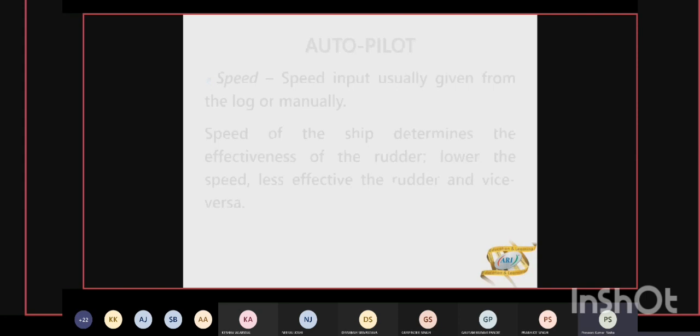The next control which is provided is the speed control. Remember our first class, we said that the rudder effectiveness becomes different at different speeds. जहाज तेज चल रही है तो रडर इफेक्टिव होगा ज्यादा, धीरे चल रही है तो कम. That means how much of rudder should be applied depends on the speed. So there is a provision given in the autopilot system to input the speed. आप जहाज की स्पीड डिफाइन कर सकते।